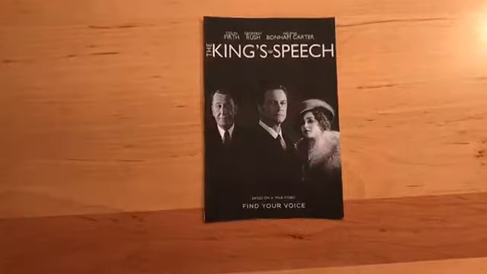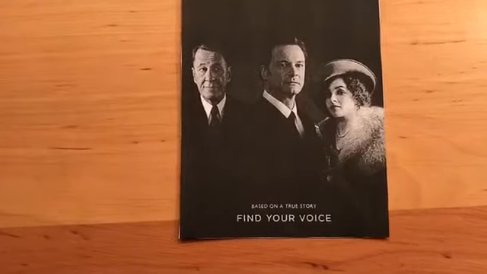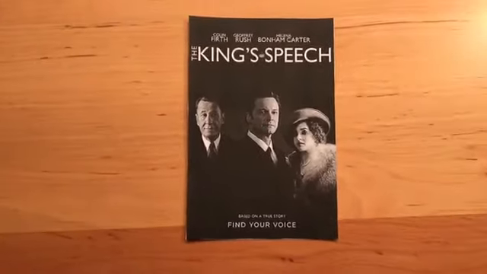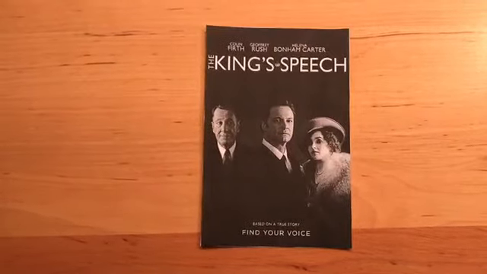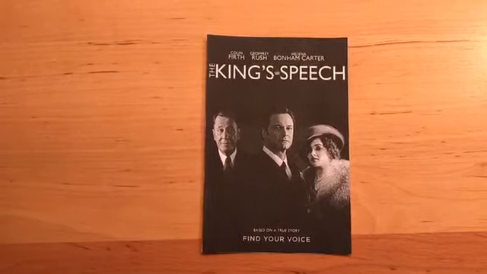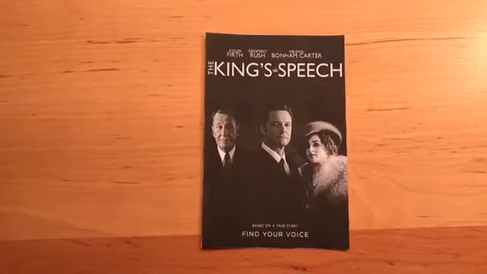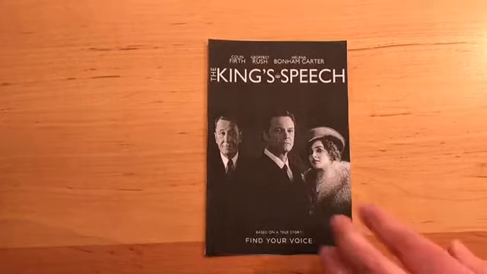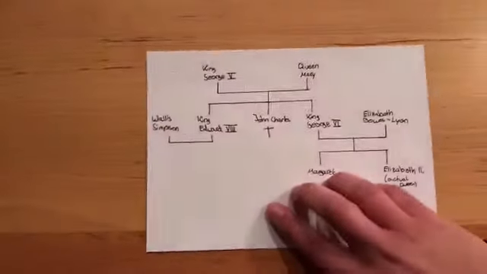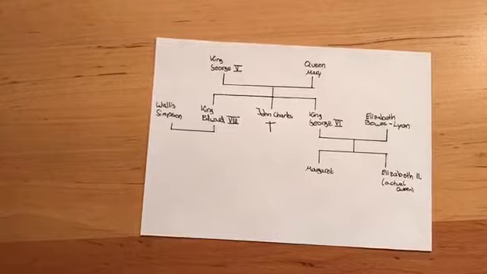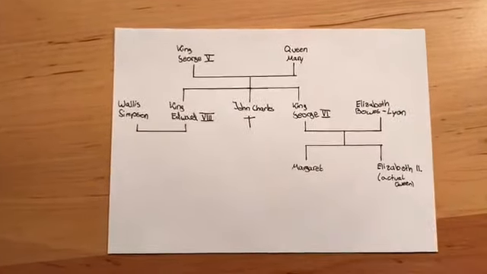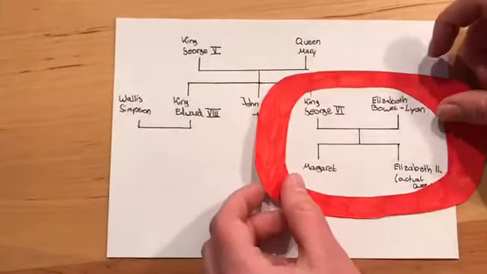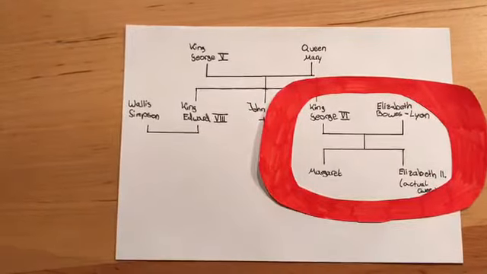The beginning of the movie is 1925. At the beginning of the Second World War, Bertie got ill, and now Queen Elizabeth II is the queen. In the family tree of the movie, you can see the actual Queen Elizabeth II and the whole family. Yeah, to talk about the main character,